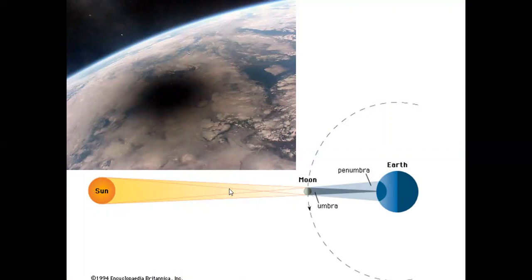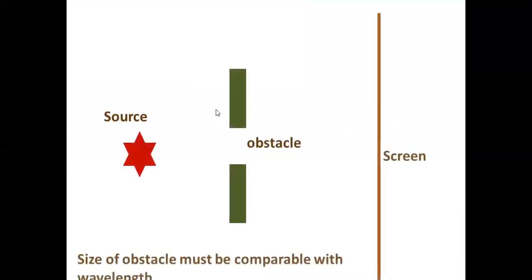The sun is here, the light from the sun falls on the earth, but in between we get the moon in a straight line. So the shadow of the moon is on the earth. Is it like a perfect circle? The moon is a sphere, and the shadow should have been very sharp like this, but it is not sharp, because at the edges of the moon, the light will bend and it will form a blurred edge. That is also diffraction.